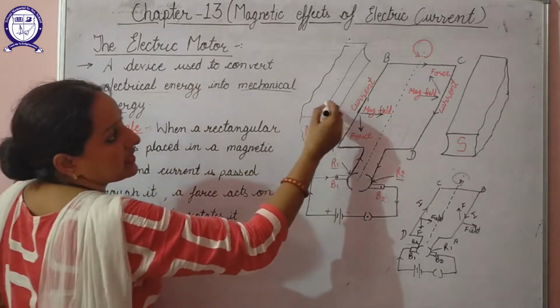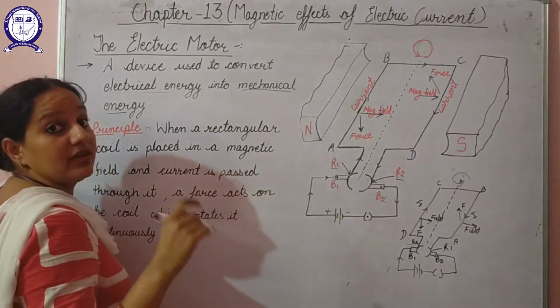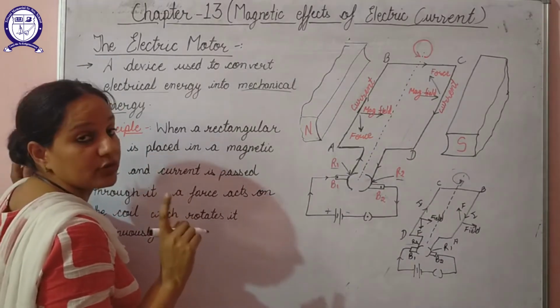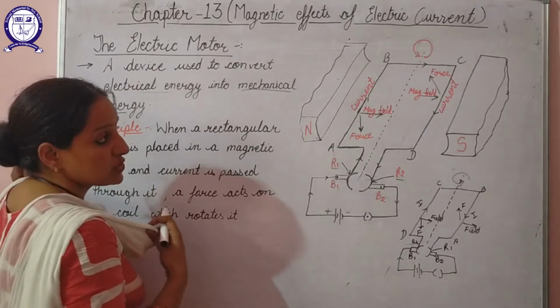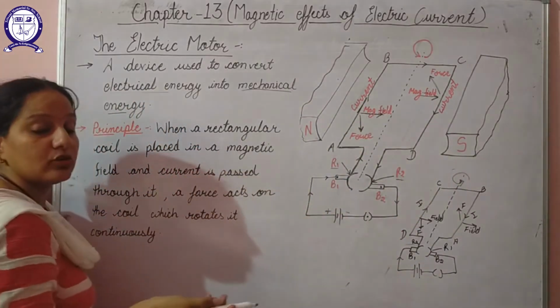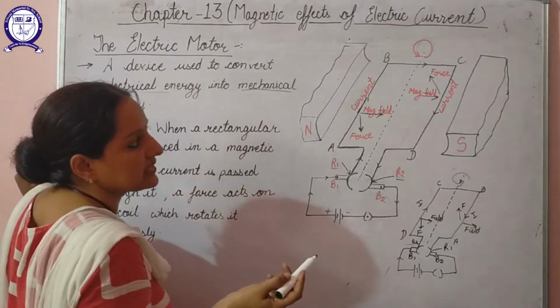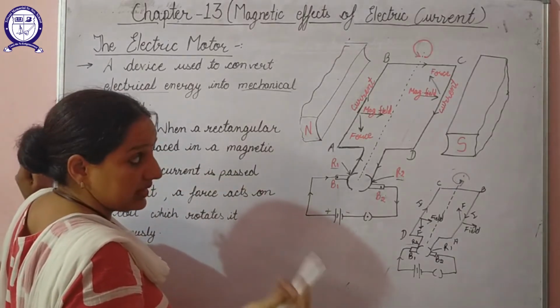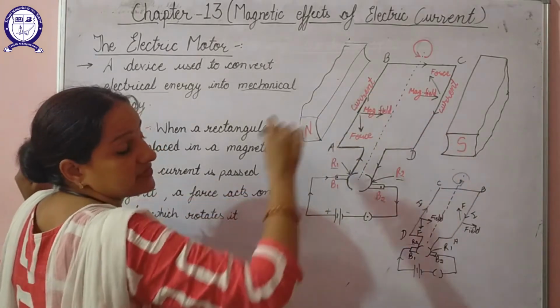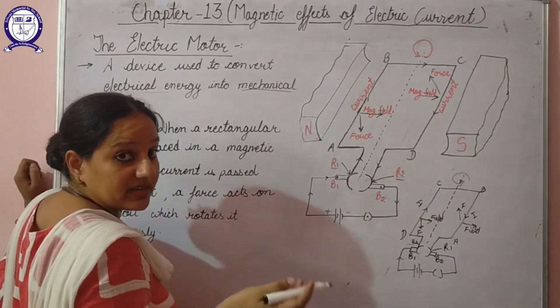Second step, here I have used permanent magnets. We know that the magnetic field strength of electromagnets is more than that of permanent magnets. So if we use electromagnets here instead of permanent magnets, then also we can enhance the performance of an electric motor. Third step, by introducing a core material here in between these rectangular coils, again we can enhance the performance of this motor.